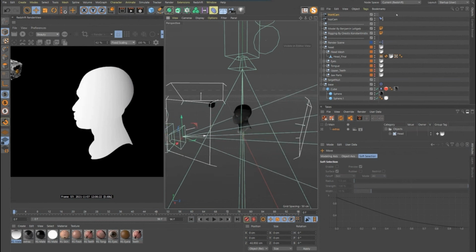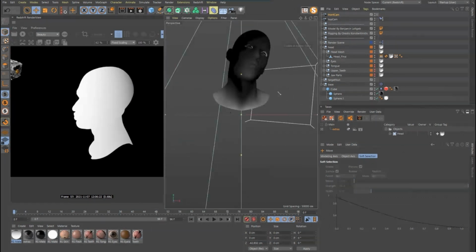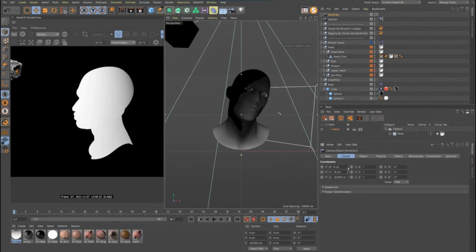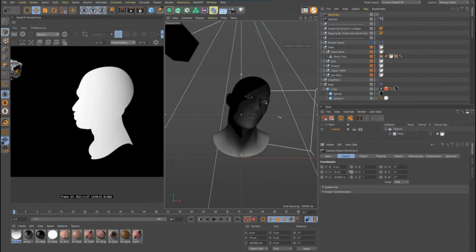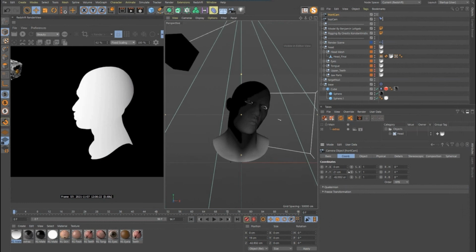Let's just pull that back as well as lift that up a little bit. Right, so we kind of want it roughly here-ish, right? Because really we're just trying to get the model inside of the camera.